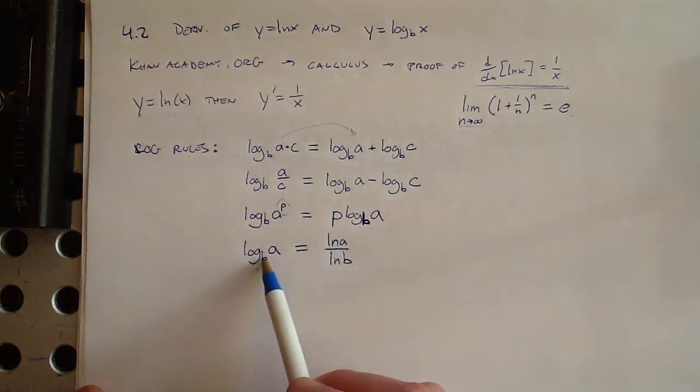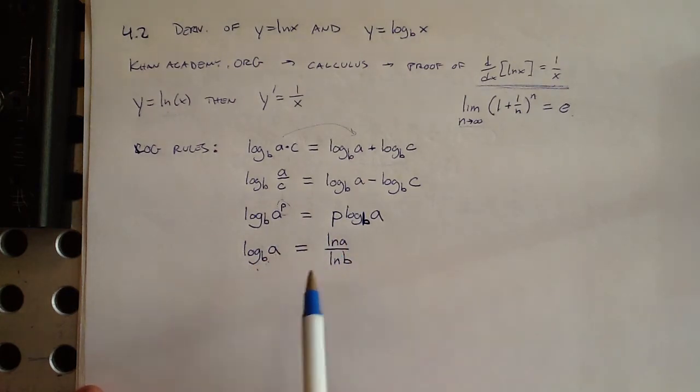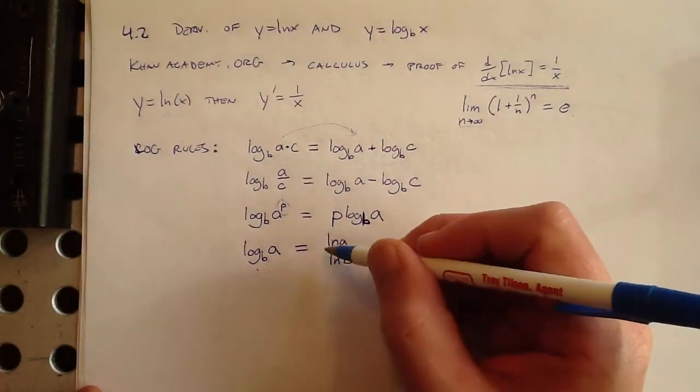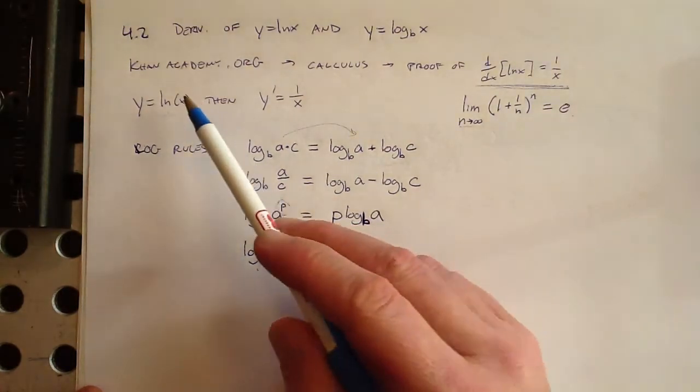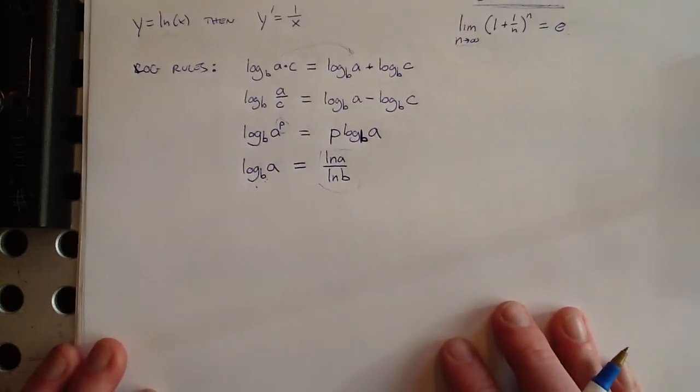It's pretty intuitive where the top number goes up, the bottom number goes down. These two things are equal to each other. Of course, you can change it to any base that you want, but this is the one that we're interested in because that's the one that we know how to take the derivative of. There are your logarithm rules. So for the very first extension now of this,